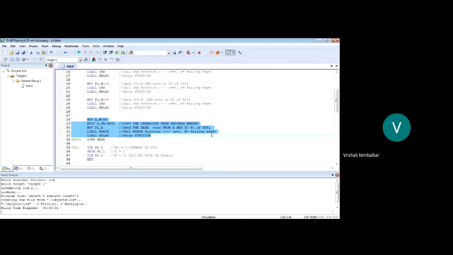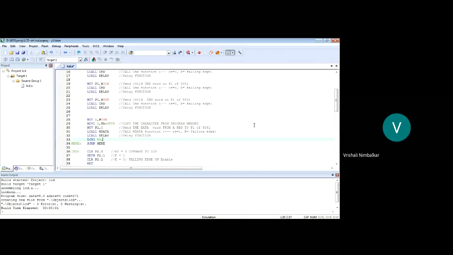And now, by doing this, we have only displayed the first character H. We should display the second character, the third, the fourth, the fifth, and after the fifth we should stop the program. Means after displaying the first character, we should decrement the counter. So DJNZ, which is the counter register? R3. We had displayed one character, so decrement the counter and repeat the display process.